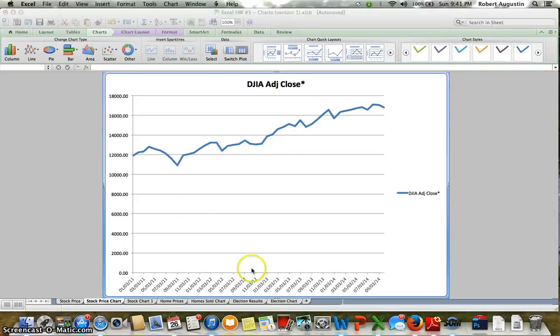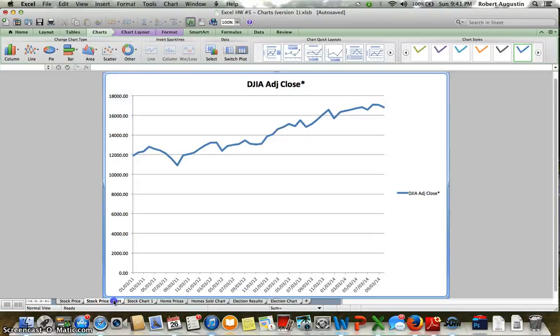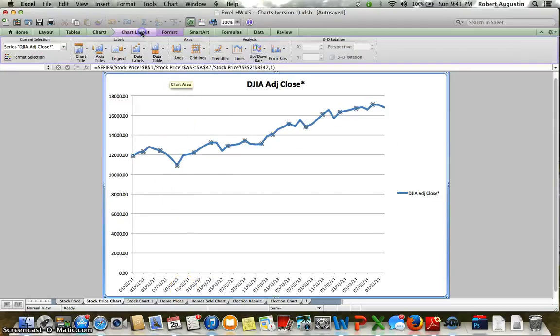Now that we have it in a new sheet, what I would like to do is try to get it as close as possible to the chart that I created before this video. To do that, I'm first going to show you how to create the grid lines in the chart. These are what's called grid lines, the lines that